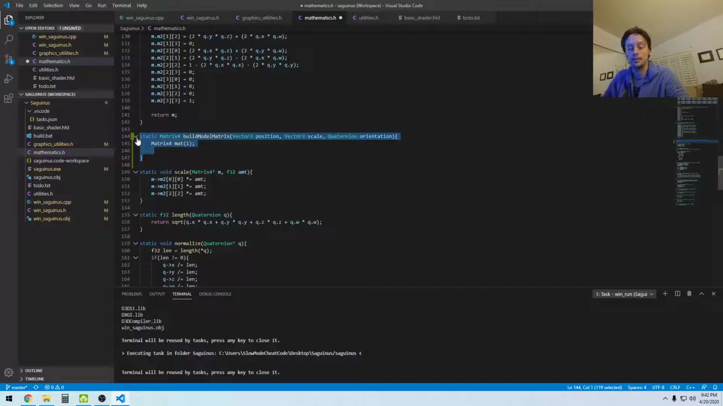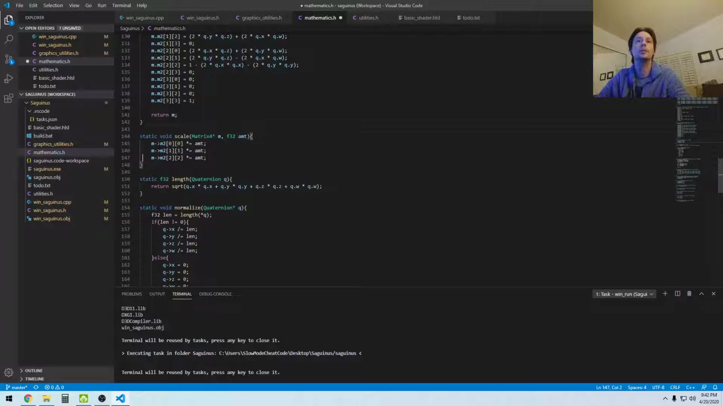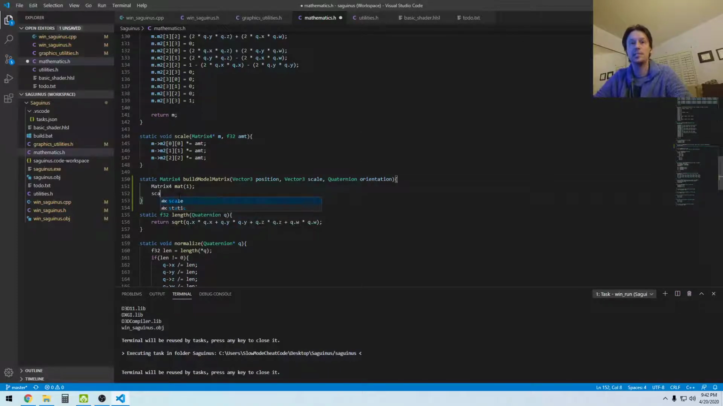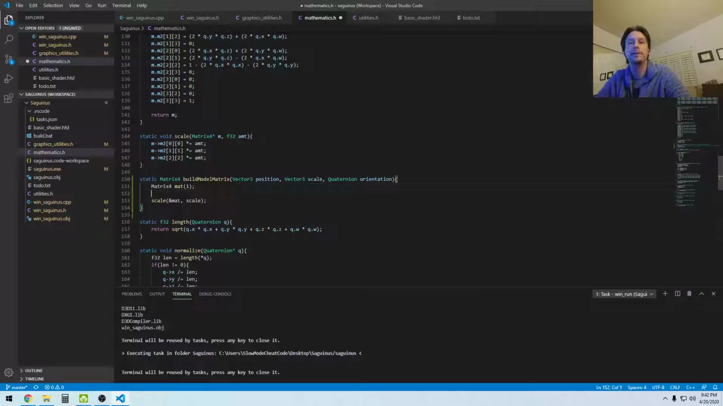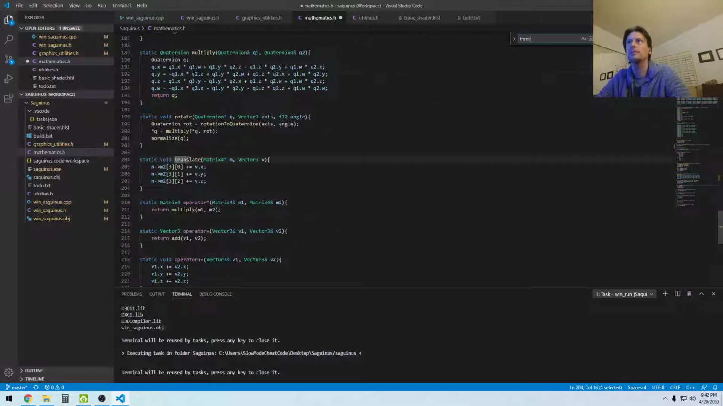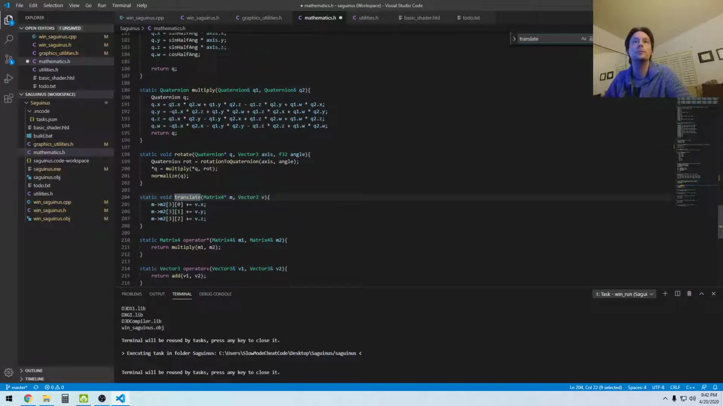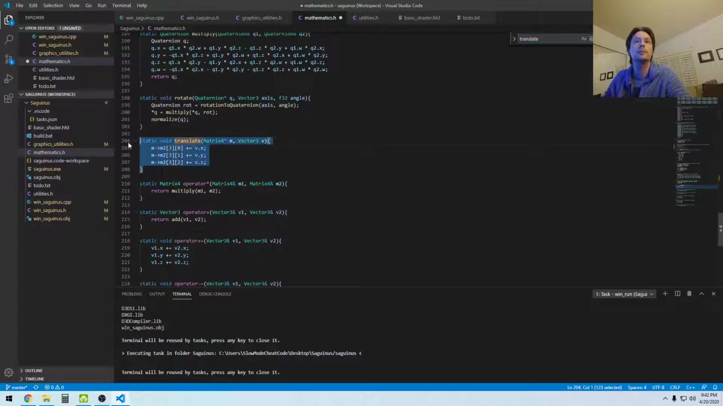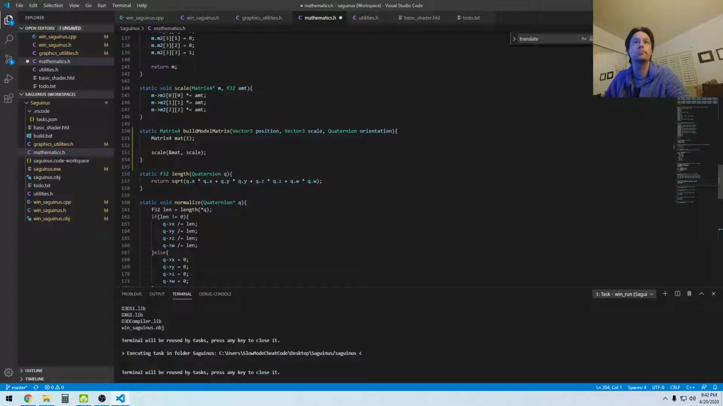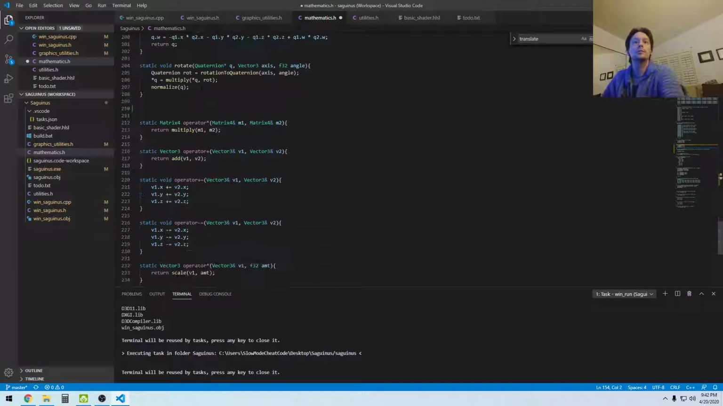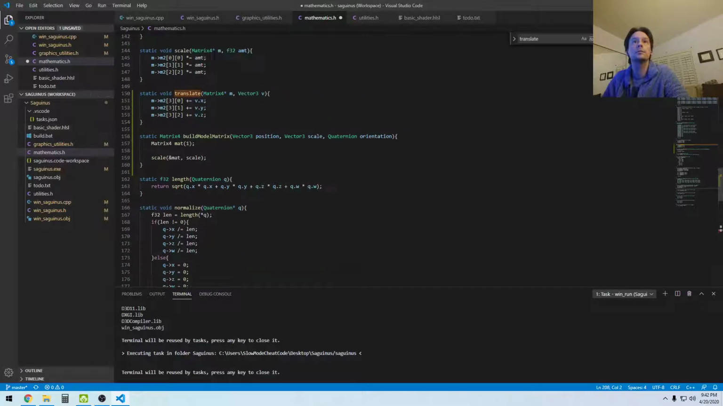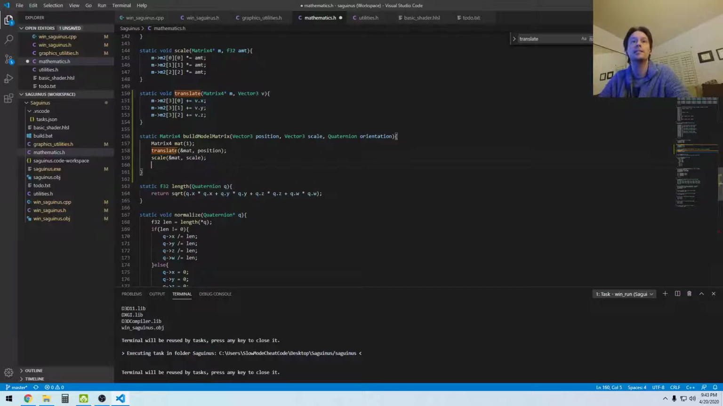Okay, so let's do this. Let's put this below here so that I can call my scale. So I'm going to scale this matrix by the scale. I need to translate the matrix. Do I have a translate function? I do. Should probably move this up. Okay, so we're going to translate that by the position. We're going to scale it, and then now I need to make another matrix for the